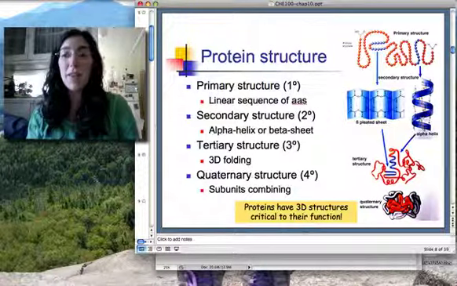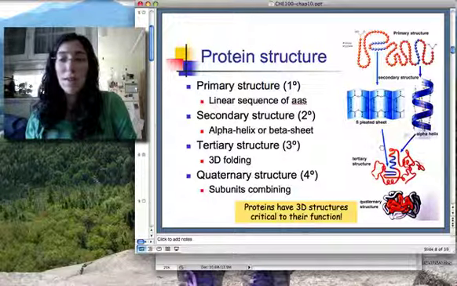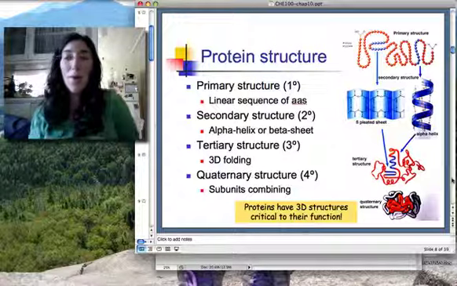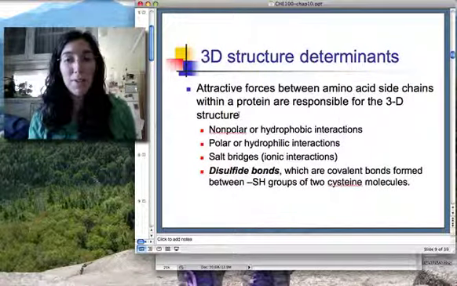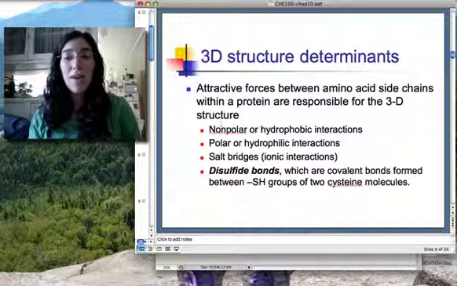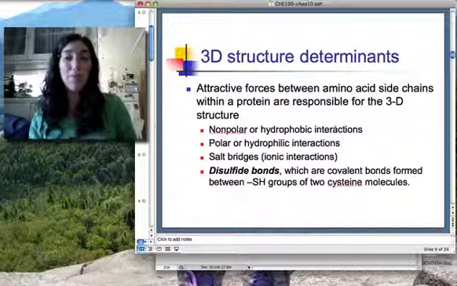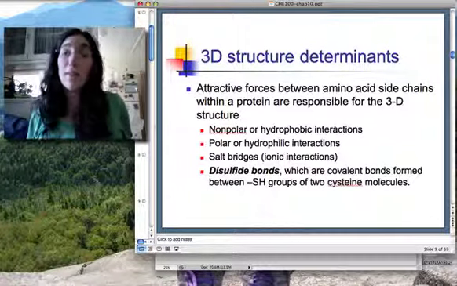It's actually by these attractive forces between side chains. So side chains throughout this protein hold it in that three-dimensional structure. So the different attractive forces that are active in proteins are nonpolar or hydrophobic interactions, also known as London forces,